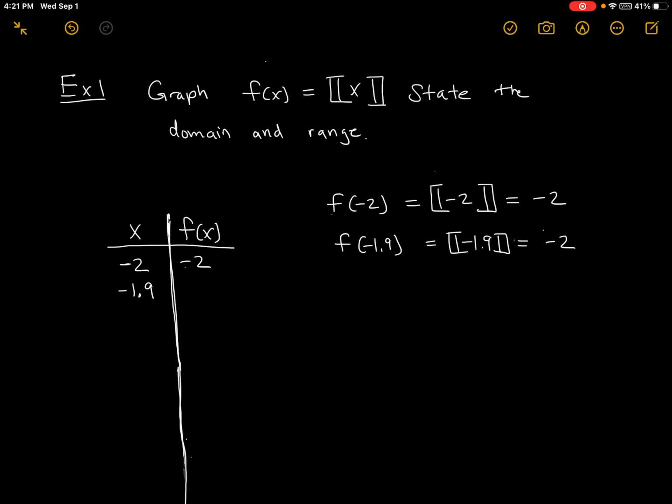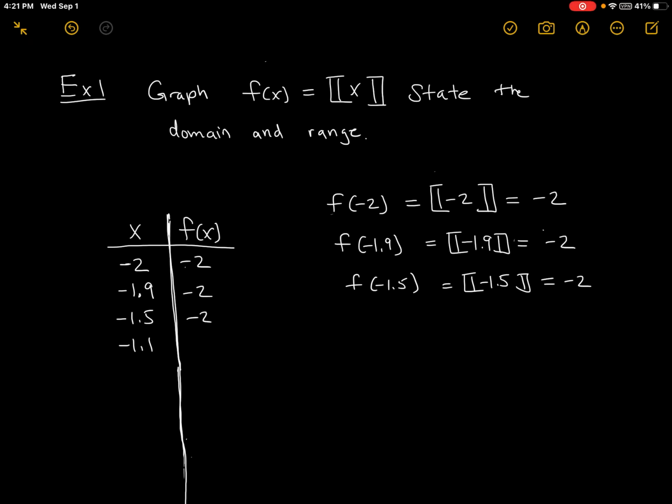You can plug in -1.5. What is the greatest integer less than or equal to -1.5? The integer smaller than -1.5 is -2. You can keep going, -1.1, the greatest integer less than or equal to -1.1 is also -2,